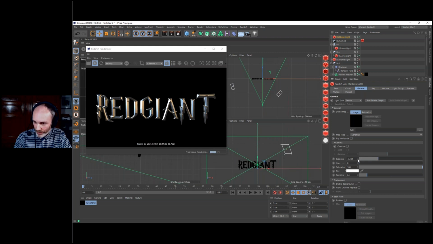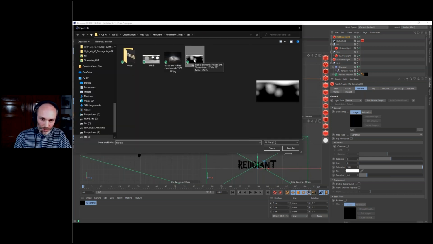So let's go back to our exposure here, and I'm going to use another one. I like this HDRI a lot too. As you can see, we have some shape instead of this one, which is very precise. We have some shape, and it's going to create a very subtle lighting.